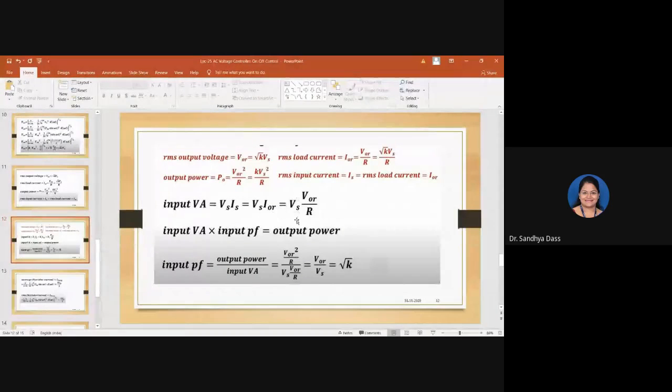You're just substituting Vs into V naught R by R. So this is your input volt ampere. Input volt ampere into input power factor will give us output power, right? So from this, the input power factor